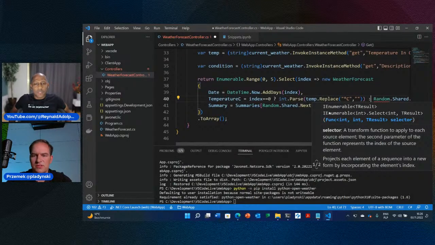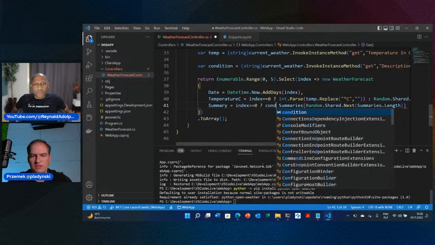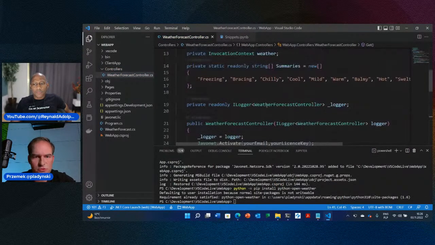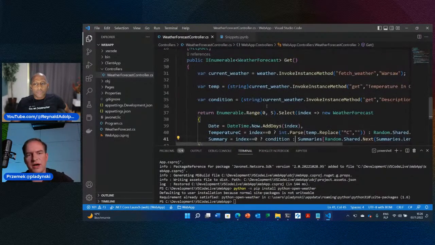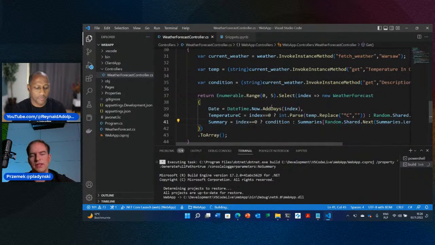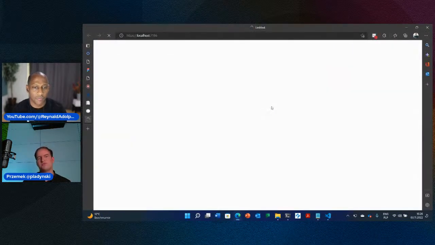Okay, so we have a temperature for today, and let's put the conditions for today. So if it's 0 days from now, let's put the conditions we retrieved from Python. It looks good. Everything seems to compile. So let's try to run it. And as you see, the amount of code you write, even though you are using different technologies, is really similar to just working with one, isn't it?